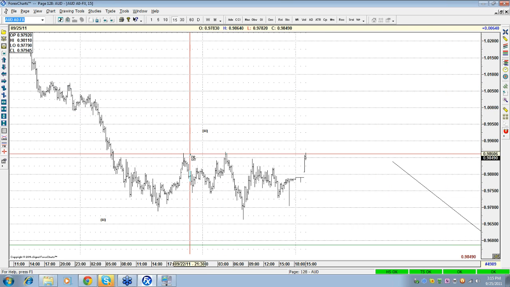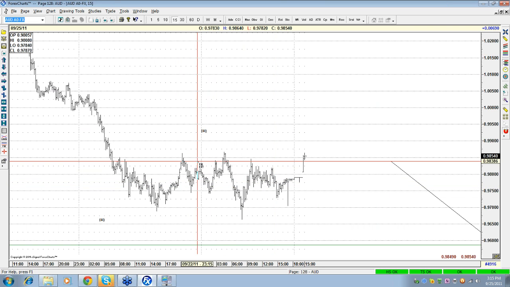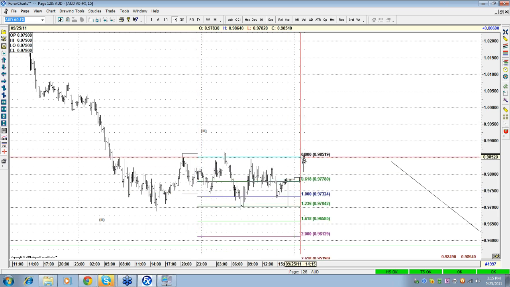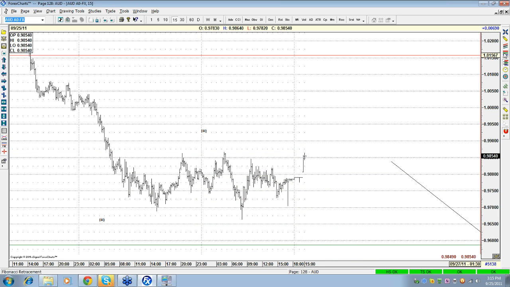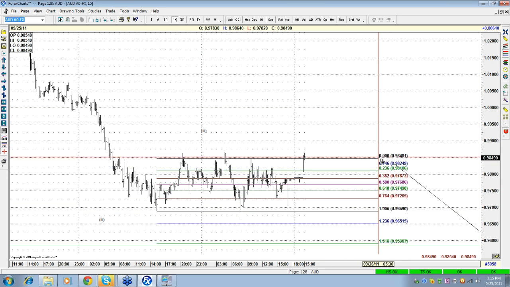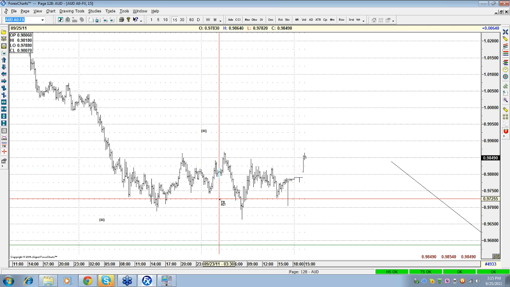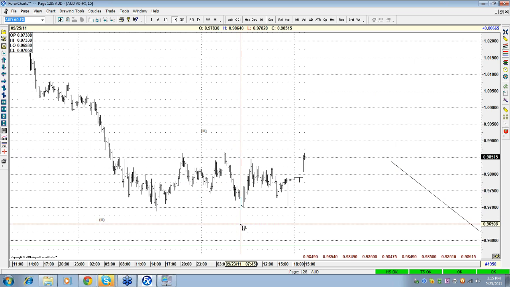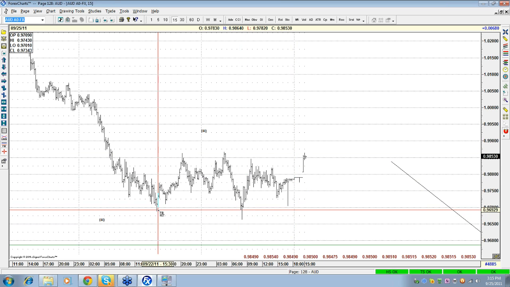That if you take it, look, this is it. I'm going to correct the expanded flat because this is much better. You mentioned here it went to the 1.618 on the lows, not even reaching the 1.236, which is telling me that it's a B wave flat. Then you've got 1, 2, 3, 3 in the flat to confuse everyone, and then you need one more 3 to the upside.